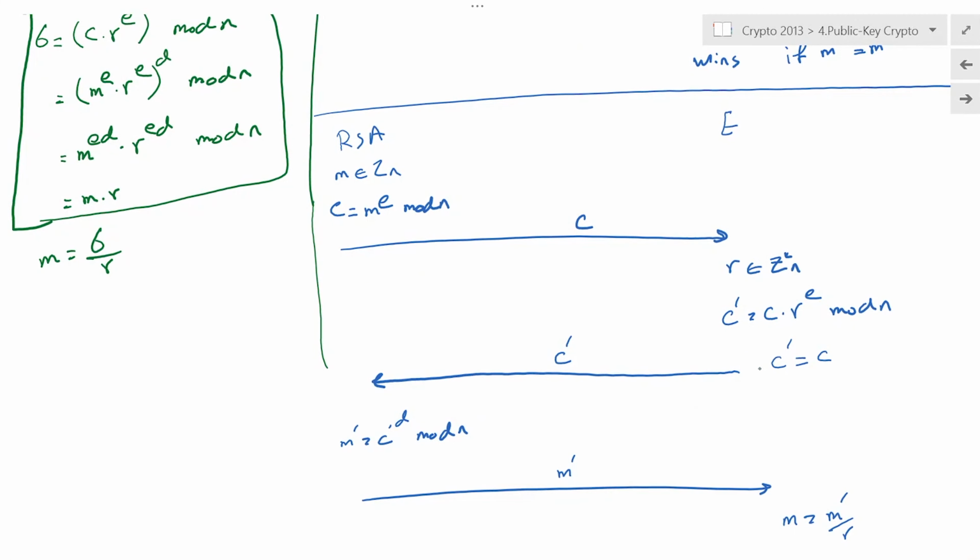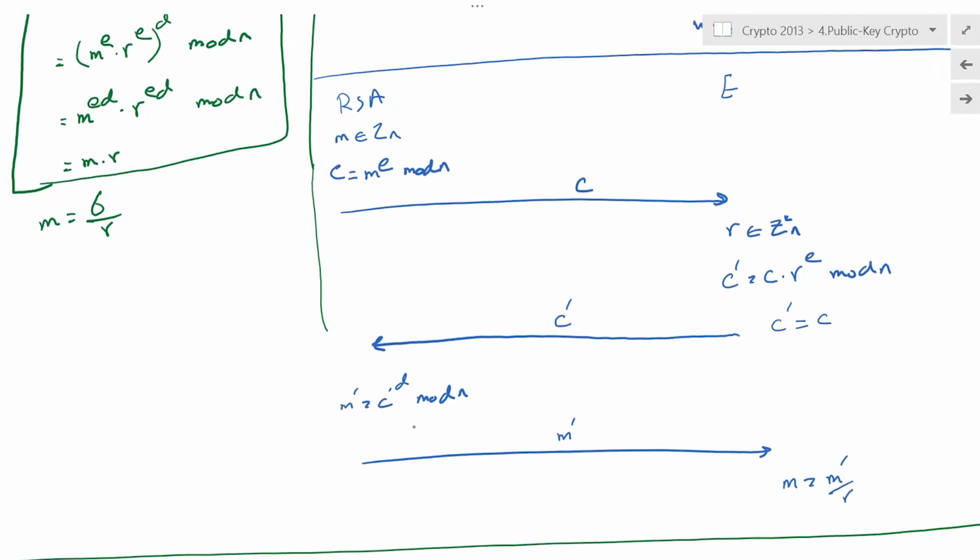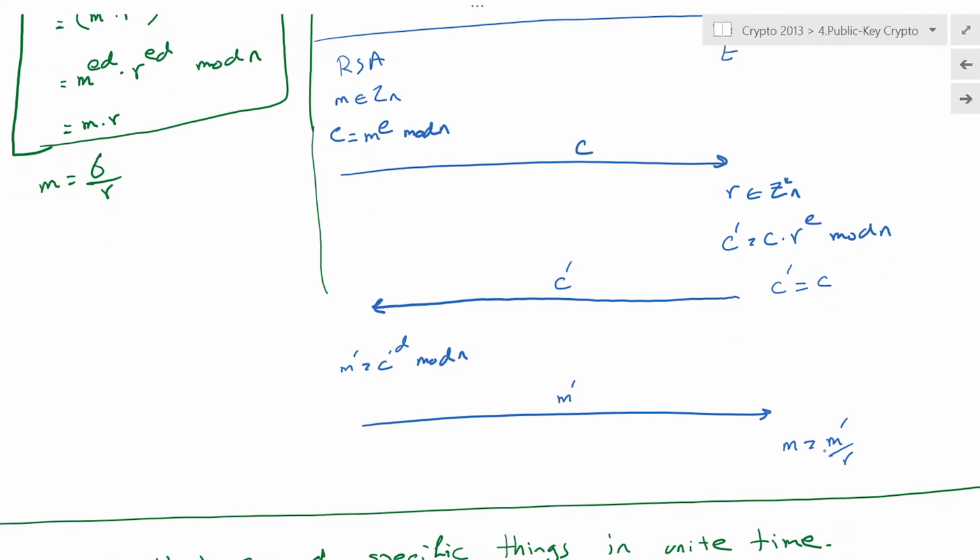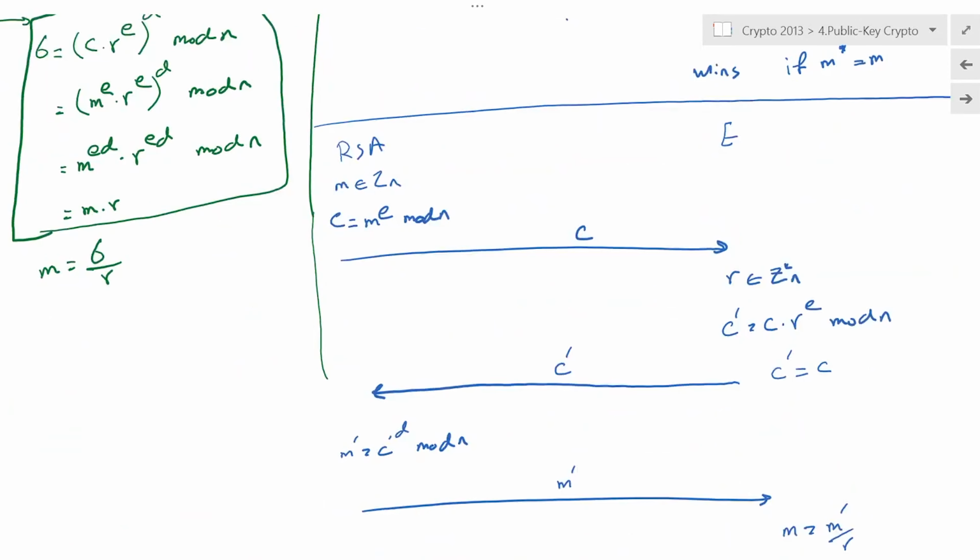And then he would send the C prime to RSA and ask, can you decrypt this one for me? So of course this C prime is not equal to C, and RSA would say, okay, you're asking for some other ciphertext than the challenge, and of course we would decrypt it for him, and then he would get the M prime, and all he has to do based on this computation is to divide M prime by R, and then that's where he would get the answer to this challenge. So the textbook version of RSA is completely insecure against this attack. And this kind of attack, unfortunately, happened in the real world.